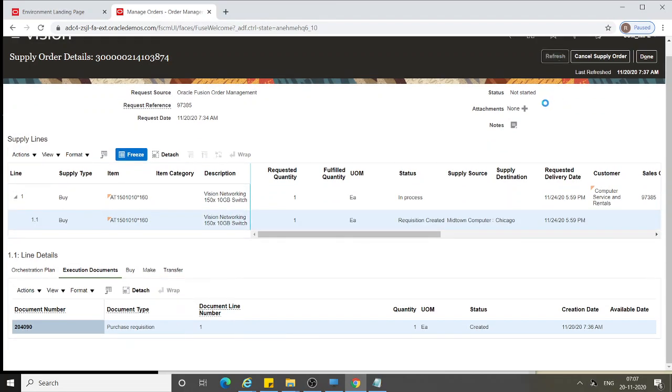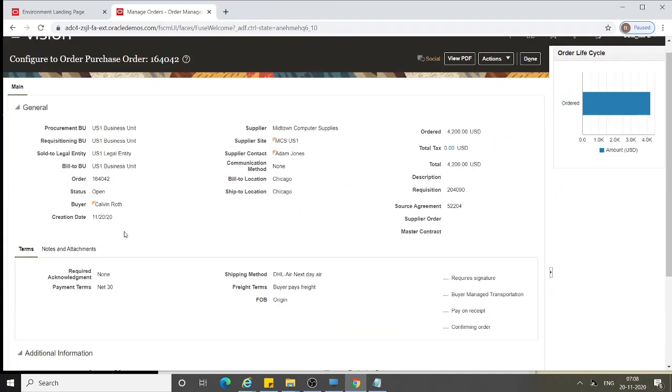Just click on refresh. Now a purchase order is created for this particular item. If you want to know more, click on this particular link and you can see the purchase order created in the system. Now the purchase order is created.